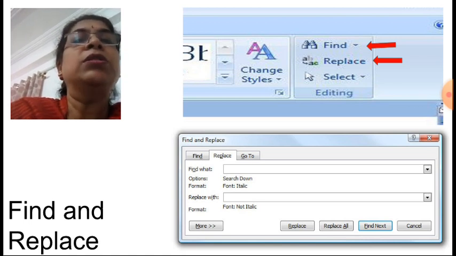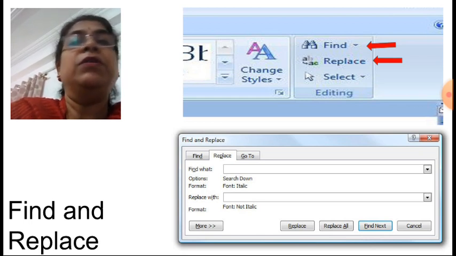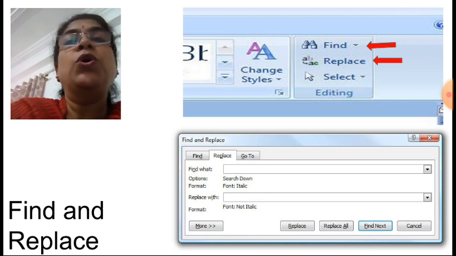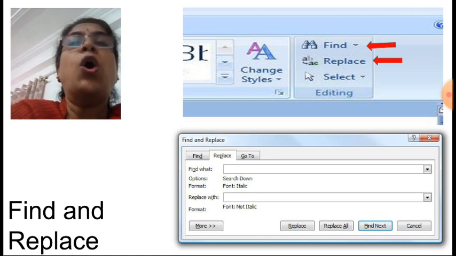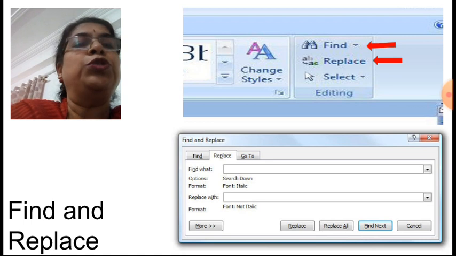In that dialog box, in find what you have to write the text or the alphabet or the word which you want to find, and replace with which new word you want to replace the earlier word. That new word you have to specify in the replace with column, correct? And then either you can replace one occurrence, or all together with the replace all option.